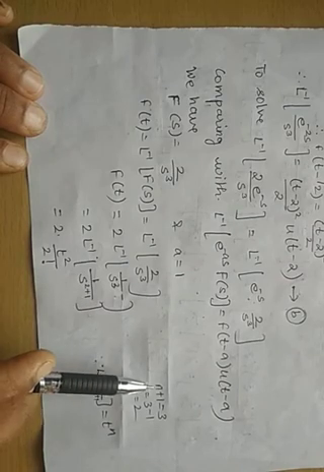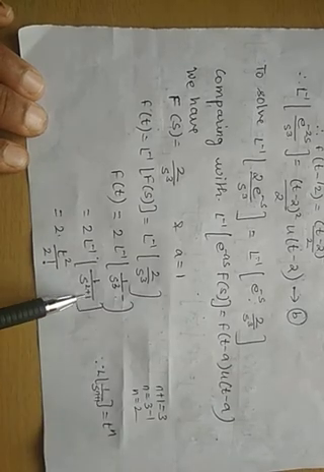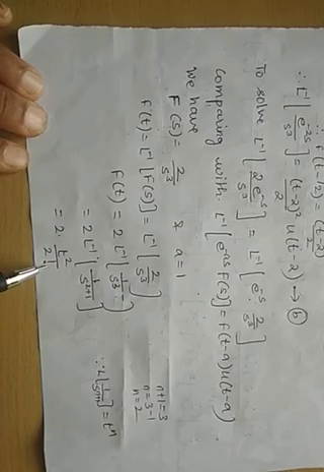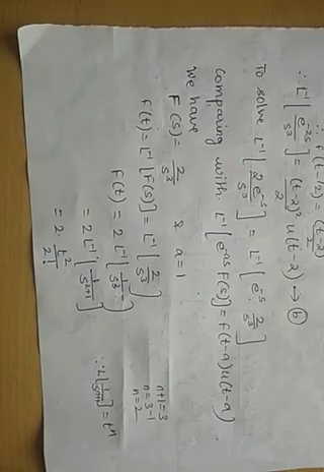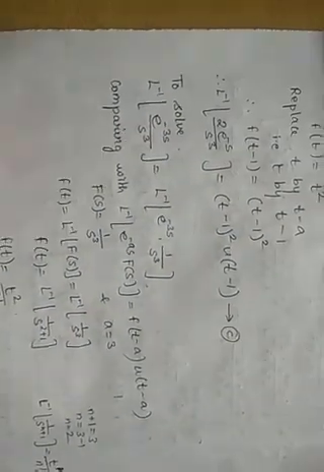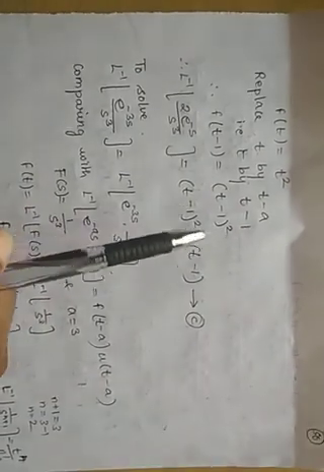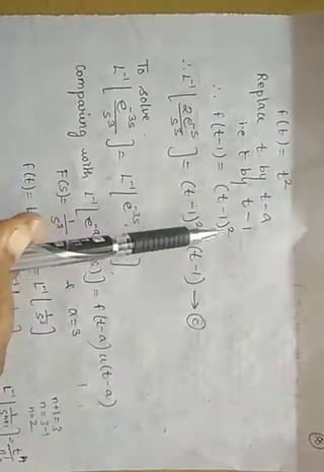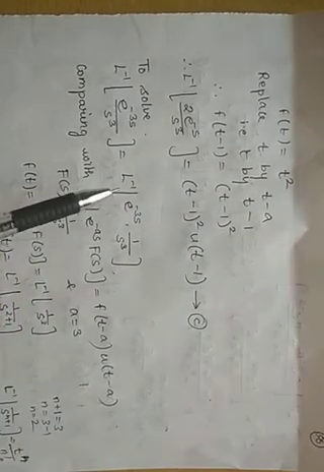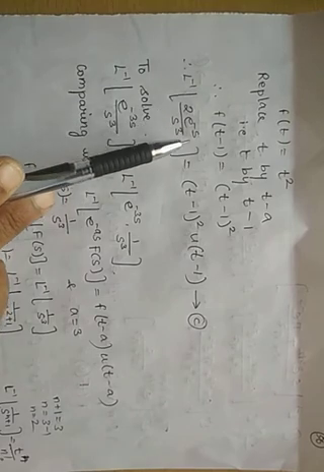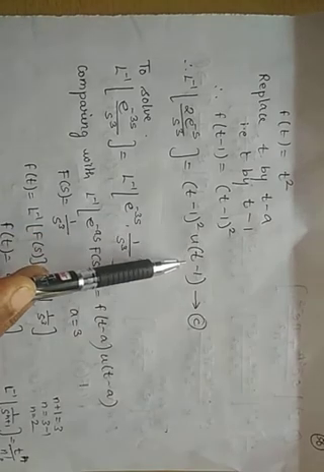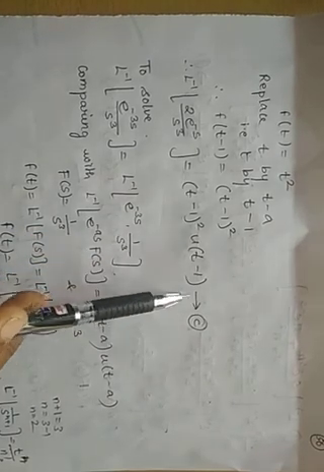Again format it in the form of n plus 1, so this will become 2 plus 1. So t square upon 2 factorial. 2 factorial is 2, and the 2s get cancelled. We get t square, that is f of t. Once we get f of t, replace t by t minus a, that is t minus 1. So this will become t minus 1 the whole square. Hence finally the solution is L inverse of 2 into e raised to minus s upon s cube is t minus 1 the whole square u of t minus 1. Mark this as equation number C.